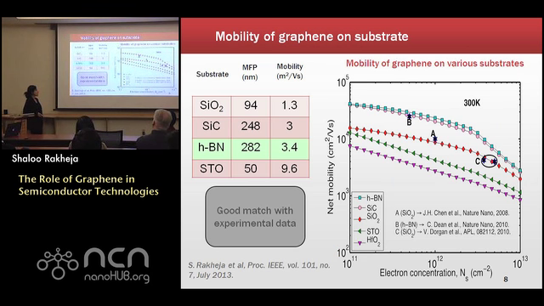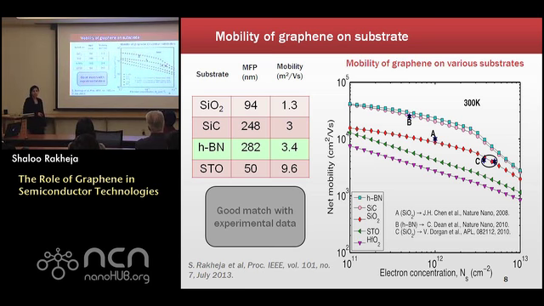This plot over here is mobility of graphene on various substrates. The different traces on this plot correspond to graphene being deposited on different kinds of substrates. I want to focus on the topmost trace over here, that is the light blue color, if you can tell. The mean free path over there is about 300 nanometers, and that is hexagonal boron nitride. Graphene on boron nitride has the highest mean free path and highest mobility, because boron nitride is an isomorph of graphene, and what I mean by that is it is lattice matched, and therefore it leads to less degradation.